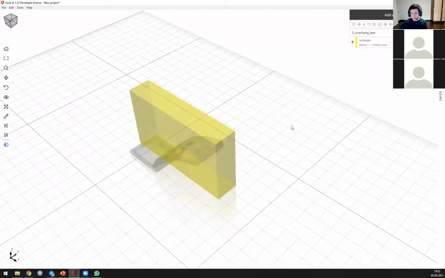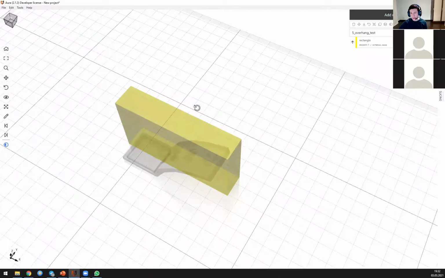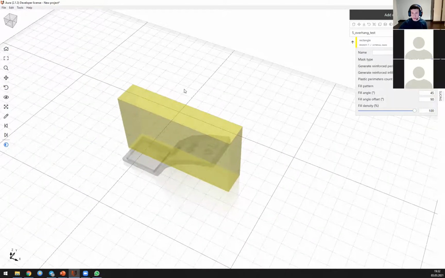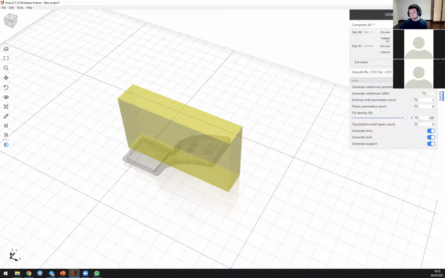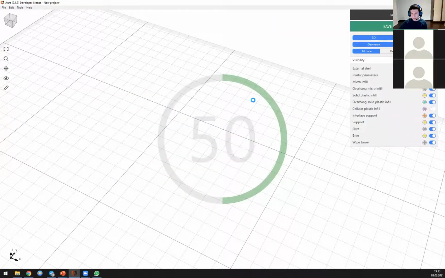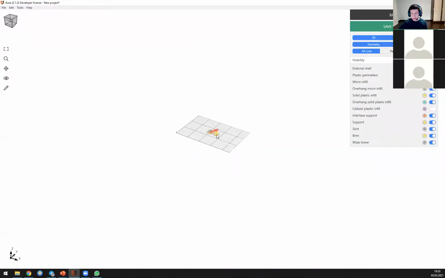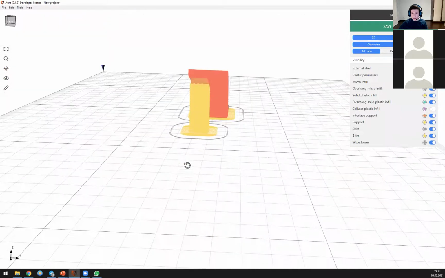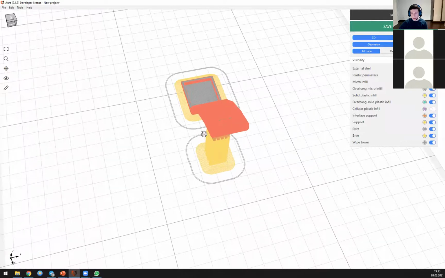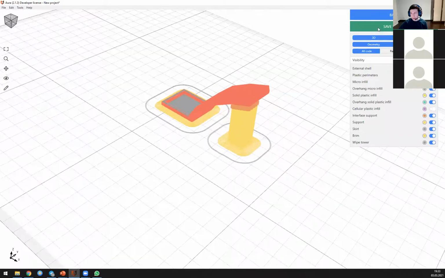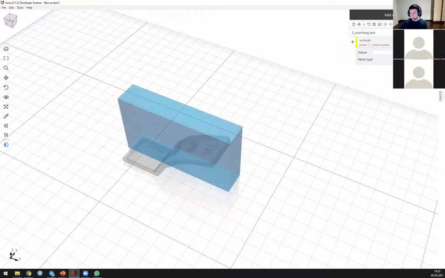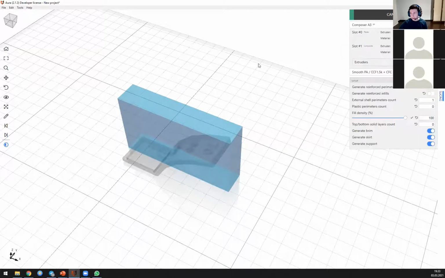So basically, the mechanics for support blockers and enforcers is the same. So I should make my model a mask. And after that, instead of full mask or internal mask, I can just select support blocker. And when I generate the code, the result will be the following. As I can see, there are no supports in the zone below the model where I had the support blocker. And again, if I change this support blocker to an enforcer and look at the result,